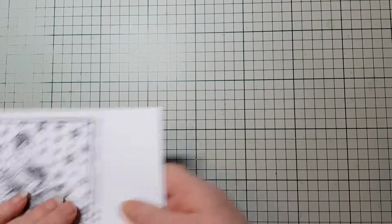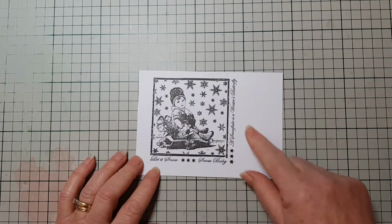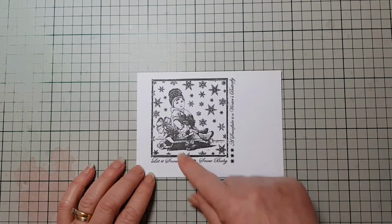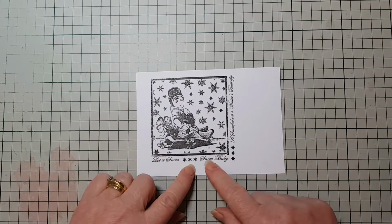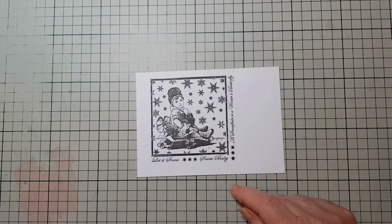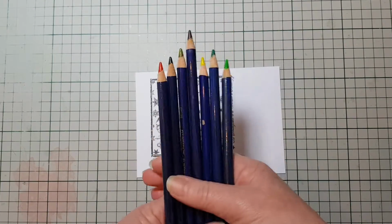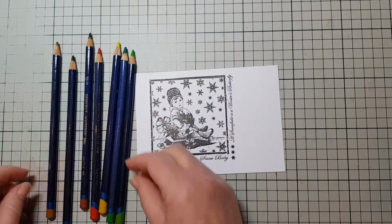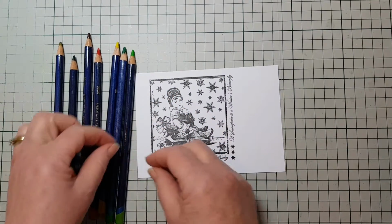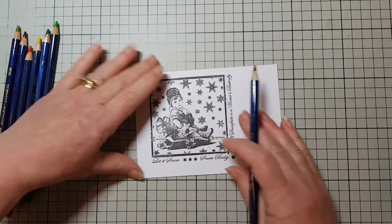So I've stamped onto some multifarious card, which is from Lavinia Stamp. This one I've used a black archival because I'm going to be using some Inktense pencils to colour them. So to start with, let's get going then. What are we going to do with her first? Let's start with this screen. I wanted to keep her very vintagey,